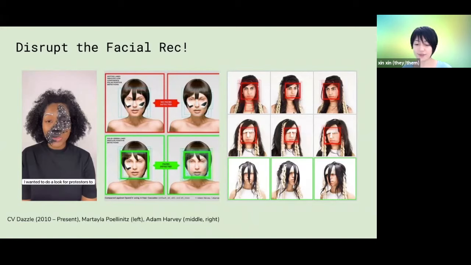On the very left, you see the newest iteration, just created this year by Martha Polinitz. This example is teaching protesters for BLM how they might use makeup as a tactic to create their own CV Dazzle when they go on the street to protest.